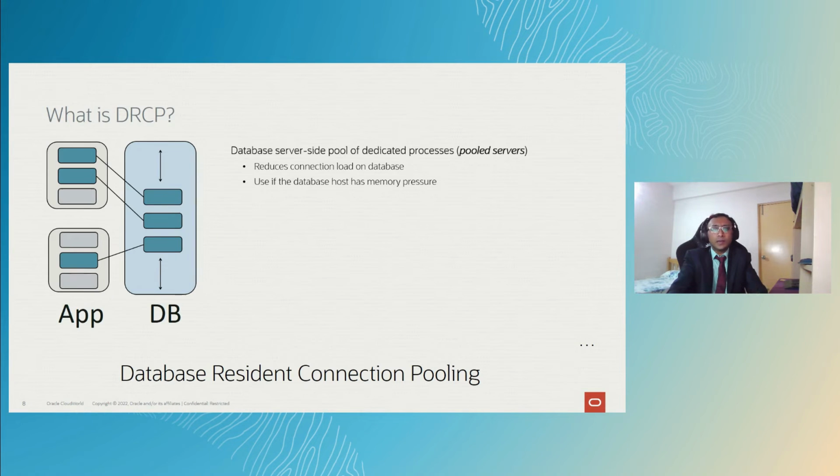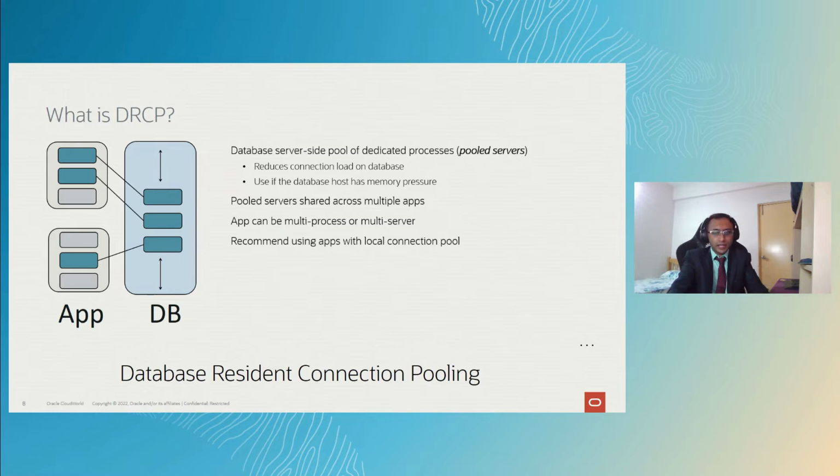So what does DRCP comprise of? It is basically a server-side pool of dedicated processes called pool servers, which is a combination of both database server processes and database sessions. This pool server can be shared across applications running on the same or different hosts, and it is particularly useful for multi-process or multi-server clients which are unable to fully share their connections on the client tier. We always recommend that DRCP be used with an application side connection pool,